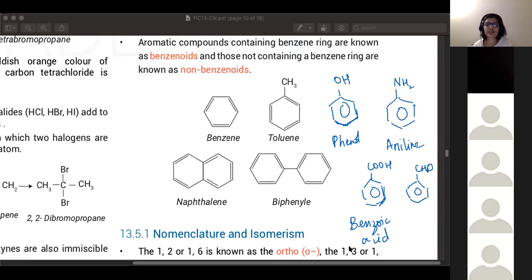This follows the same logic as benzoic acid. So, benzal... this is not an acid. Oh, so this is benzal... benzaldehyde. Yeah. Sorry. So it's an aldehyde made with benzene. So this is benzaldehyde.